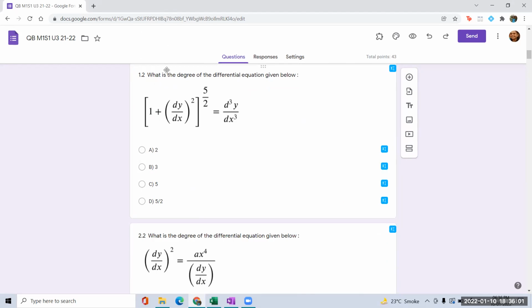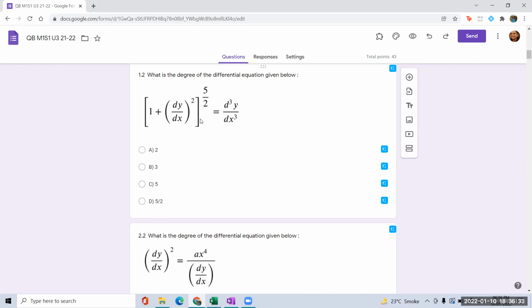So for this question, what is the degree of the differential equation? Now here you can see the highest order. Order means which derivative is taken. So here the third derivative is considered, so d3y by dx cube. That means, to find the degree, we need to find the power of this term. Here the order is 3, but the power of this term has to be considered. Now you will say the power is 1. This is the only term which is appearing here.